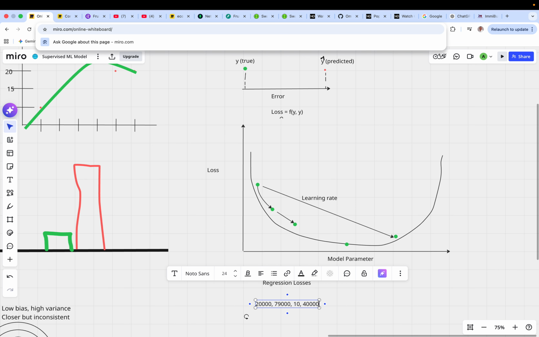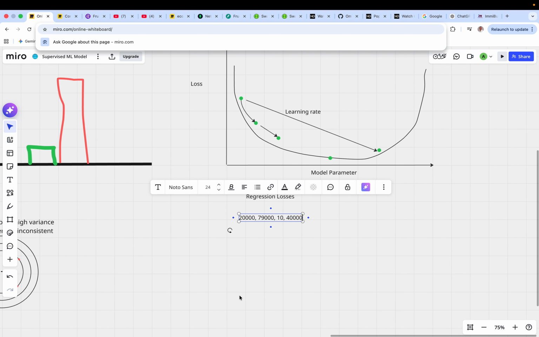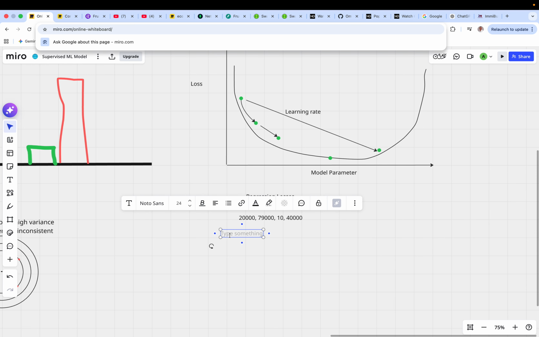So let's say these are the values that we are trying to predict, right? And let's assume the model predicted 25,000 for this, predicted 76,000 for this, predicted